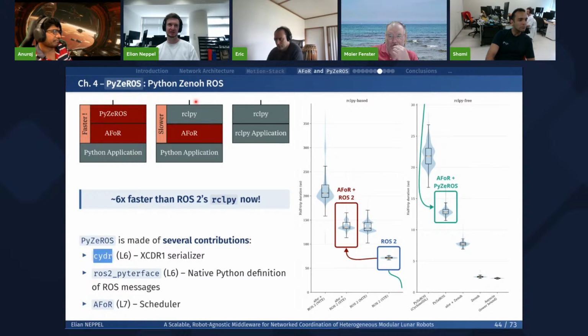And I guess the ROS team that created RCLPy did not have time to really do this. And I think they also didn't want to do this because is it that important to grab a few microseconds when programming in Python? It's not that huge of a deal, but still. So this is like a custom serializer. Yeah, exactly.